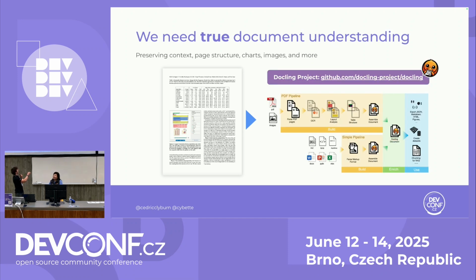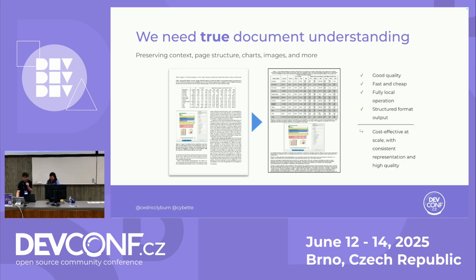So what we do is we use this project called Docling. It's open source from IBM Research, where instead of going by simply OCR, it's a combination of OCR, vision models, and some other techniques in order to parse these pages and assemble a document format in pandas that you can actually use for your AI applications. So let's go ahead and see how this works real quick.